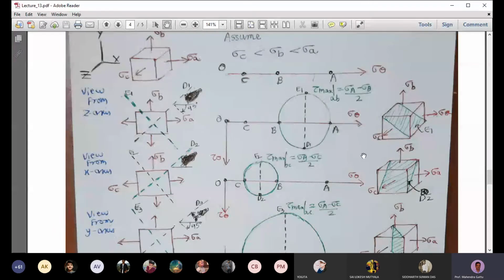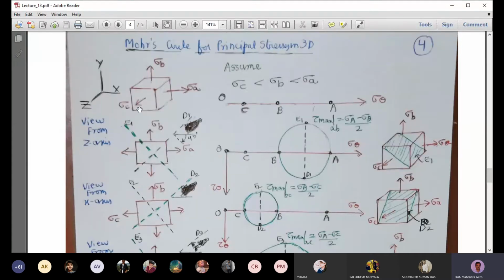we are looking from the z axis. So this line E1 corresponds to the top left corner and bottom right corner. So here also, if you see in this cube, we have the top left corner and bottom right corner. So this surface corresponds to E1, and we can get the surface for D1 if you take a plane perpendicular to this shaded area. I'm not showing that, but we can get that surface also. So this is for a view from the z-axis.